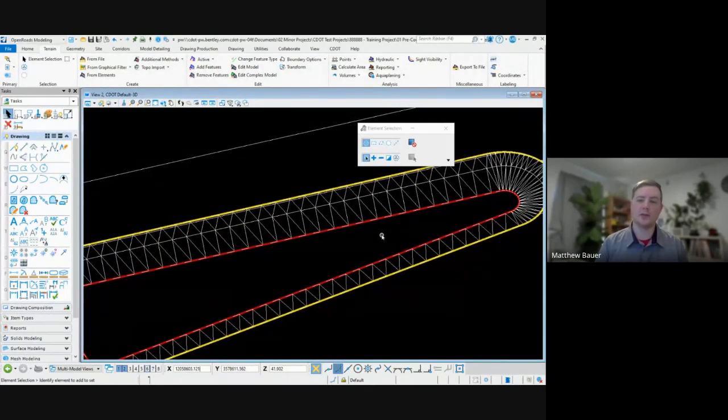So that covers how we can edit these surfaces and really refine them to be exactly what we need them to be. So with that, I'll